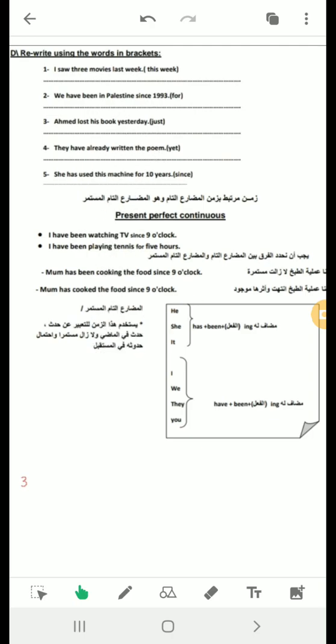Now let's explain the other tense, present perfect continuous. This is the same tense,